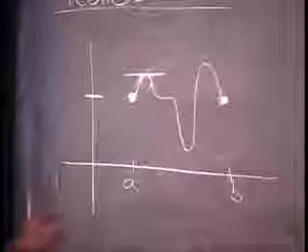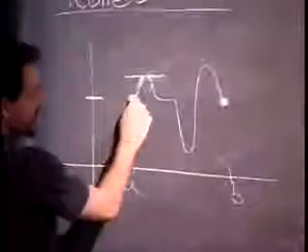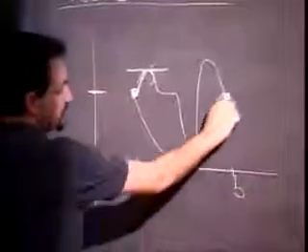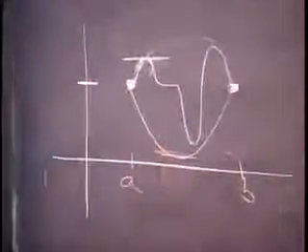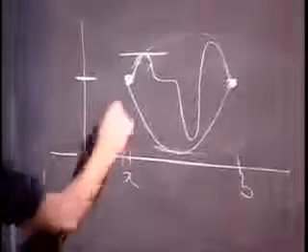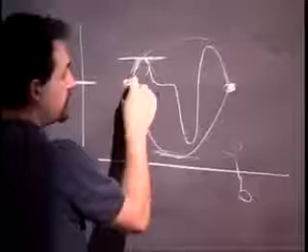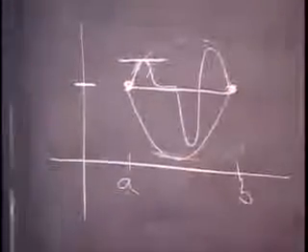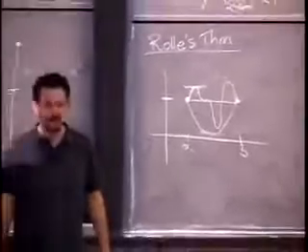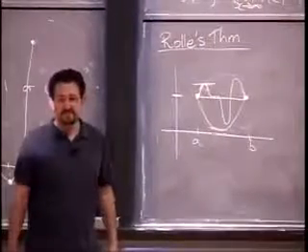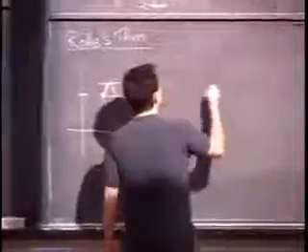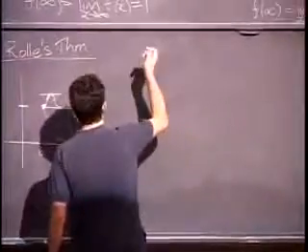Of course, it doesn't actually have to go up. Maybe it starts off by going down. Well, of course, if it goes down, it has to go back up somewhere, and there will be a point where the derivative is 0. The only other possibility is maybe it never goes up or down and just stays at the same height. Well, if it stays at the same height, it's constant, and its derivative is 0 everywhere. So basically, that's not a proof, again, but it's a good sort of heuristic rationale, if you like, for why